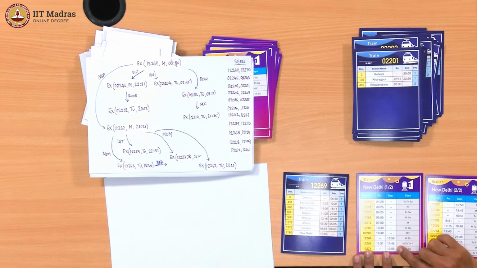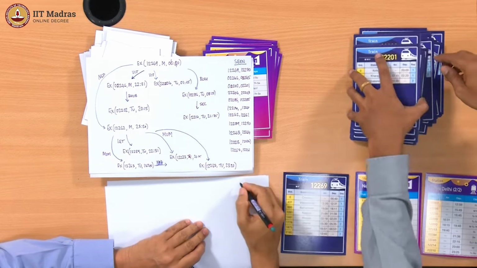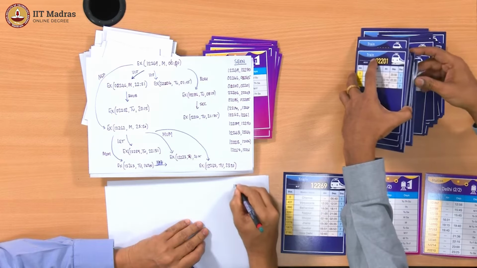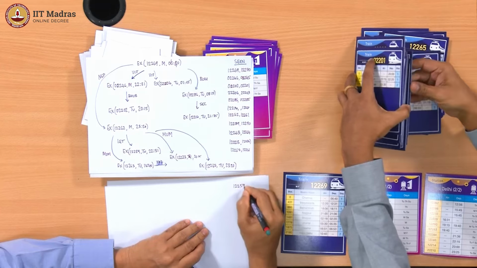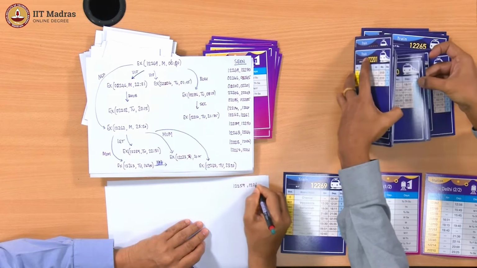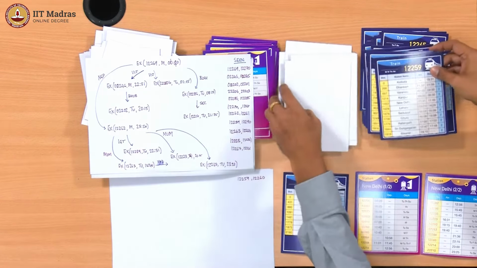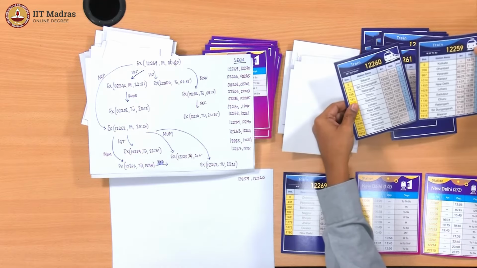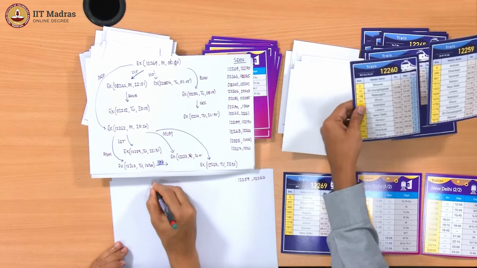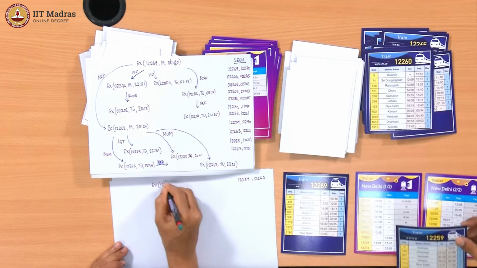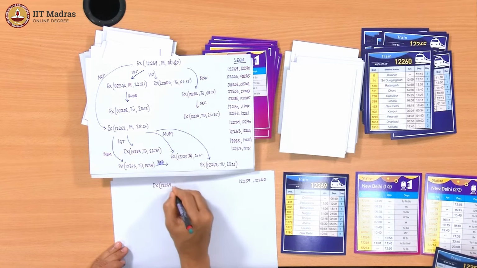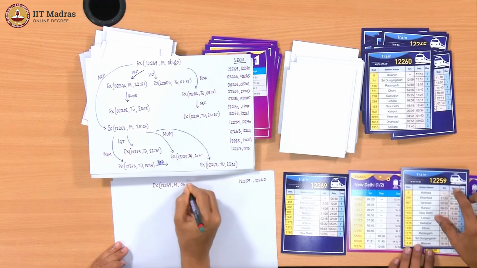Here we can take this 12259. Have you seen it? No. All right, that's new. Good. The more the merrier. 12259 and 60. So this is Bikaner to Kolkata. I am not interested in 60. I am looking at 59, right? So 59, New Delhi,